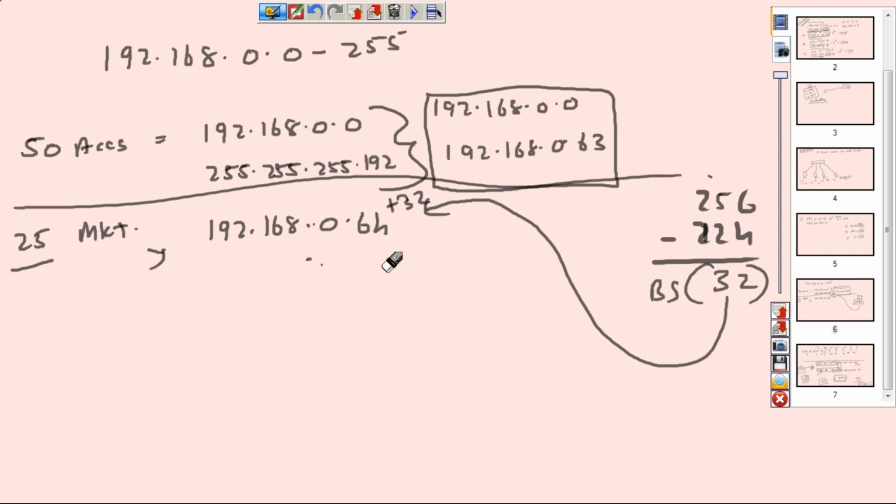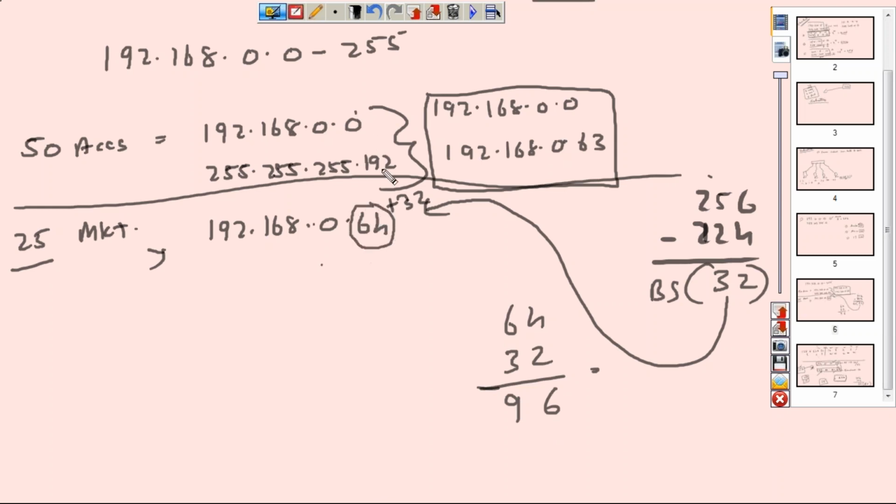32 is your block size, right? What do you do with your block size? You take your block size and add it, and now this is the fun part, add it to the first IP. So plus 32. What is 64 plus 32? Do your simple math, as you would do in the outside world. What do you get? 96. And minus 1, since we are not counting from 65. Remember, this is always inclusive. Here we started counting from 0. So just remember, add normally, but minus 1 always in the end.